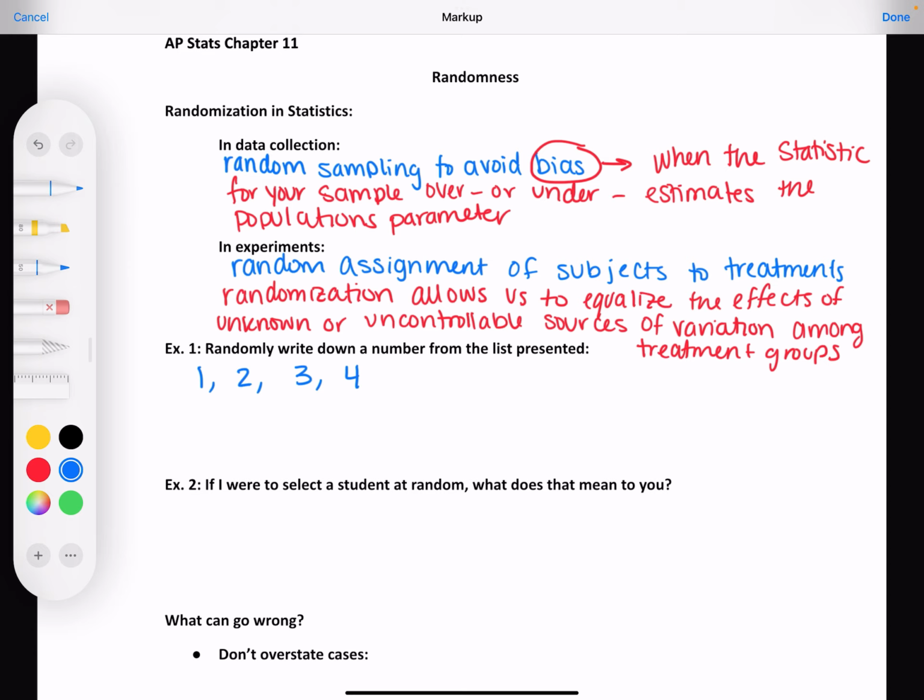All right, so I have given you a list of the numbers 1, 2, 3, and 4. Randomly write down a number from the list. On your paper, don't say anything. I want you to choose a number and write it down from 1, 2, 3, or 4.